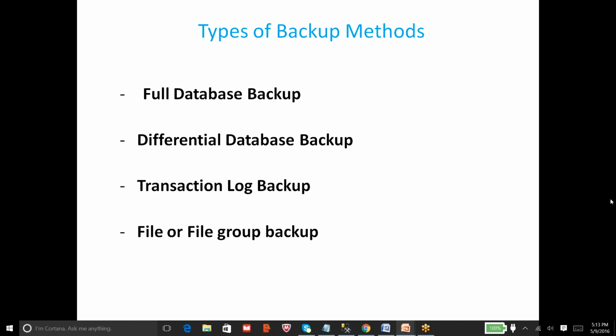And the third type of backup is the transaction log backup. What does the transaction log backup contain? The transaction log backup contains the changes that happened since your last successful backup, either full or log itself. Just to make the difference between the differential backup and transaction log backup: the differential backup holds the changes that happened since your last full backup. But coming to the transaction log backup,